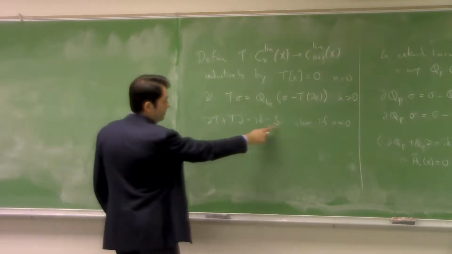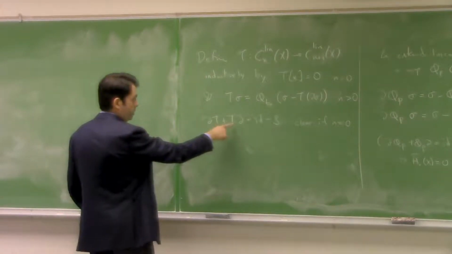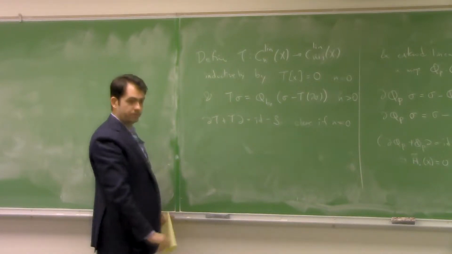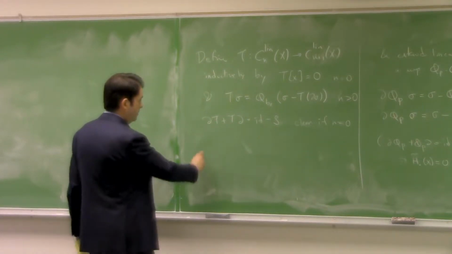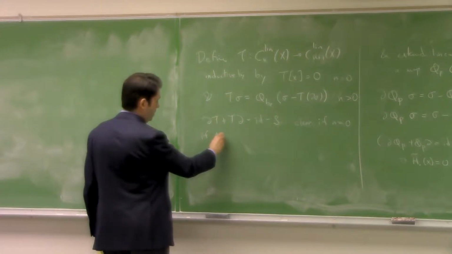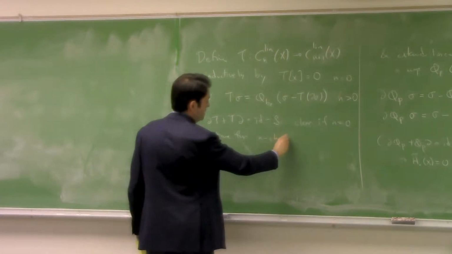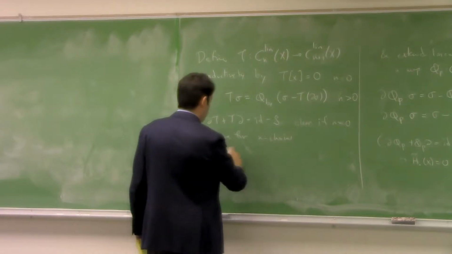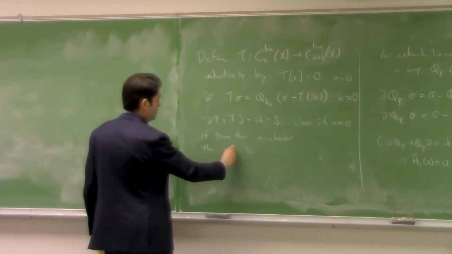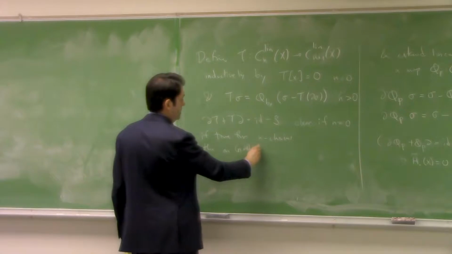Right, so S is the identity, and both boundary and T give you 0. So if we know this for n chains, then on n plus 1 chains,